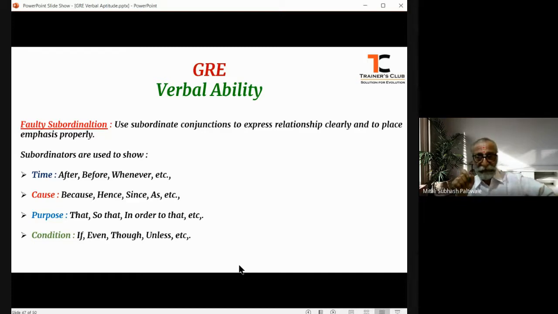Because whenever we are using a subordinate conjunction to join two clauses or to join two sentences, that means one subordinate, dependent sentence and an independent sentence, we have to be very careful. So, what are a few subordinate conjunctions that can be used